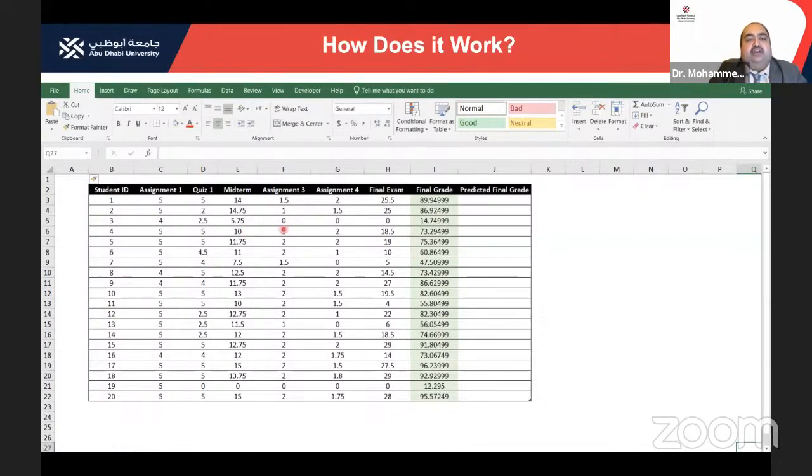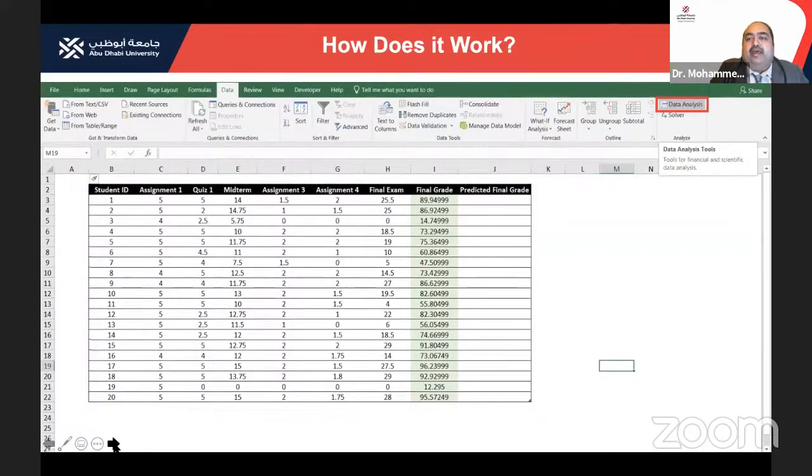So suppose this is what you have. I have students and I have their assessments and I have their final grades. And this is from the past, but I would like to learn from the past so that I can use it in the future. So what you do is you go and you click on the data tab here. And from the data tab, you click on data analysis. Once you click on data analysis,